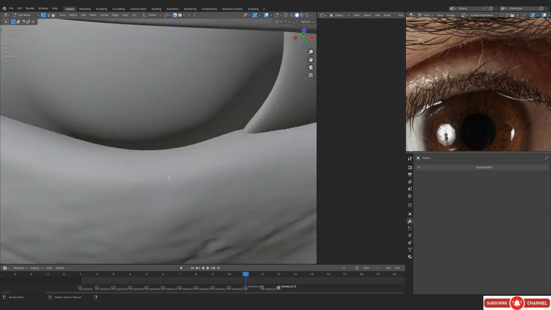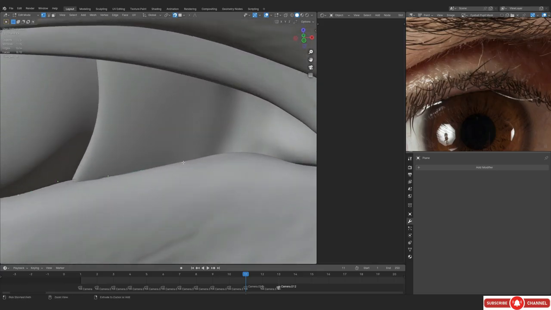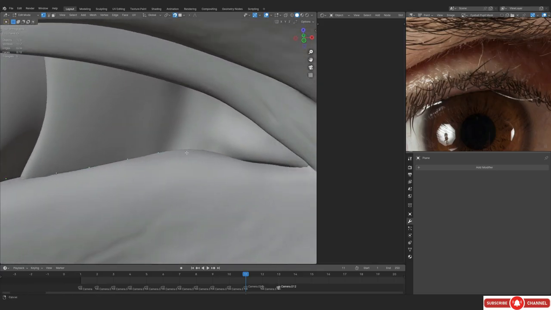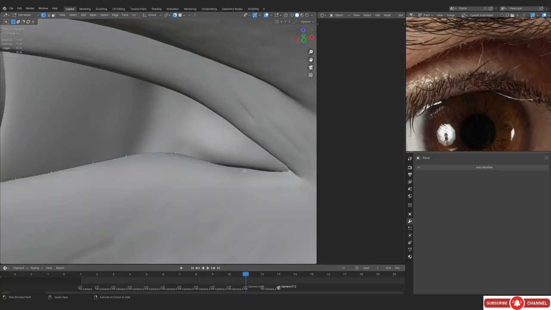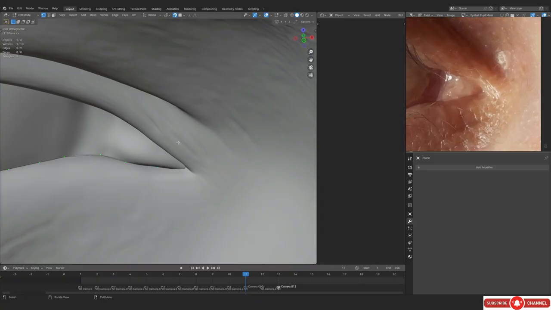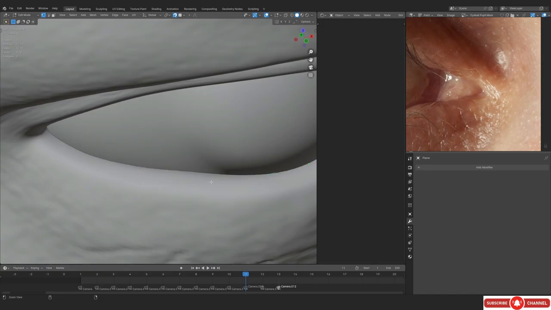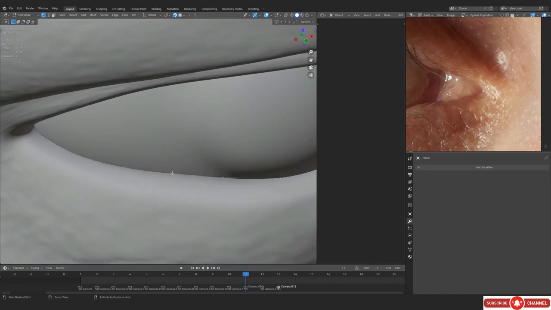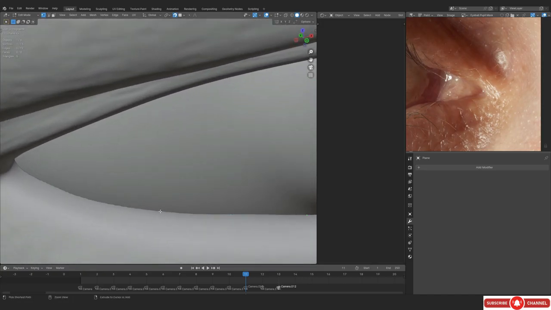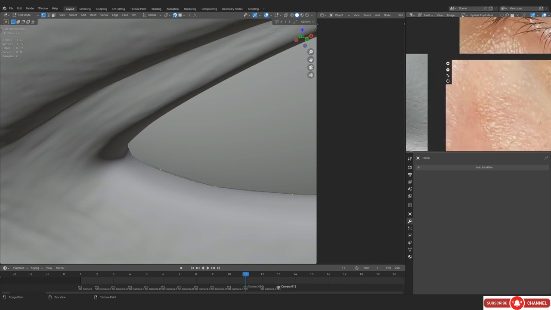You can literally just delete the other vertices, and then just trace it down. So just Ctrl right click, and you should be able to just trace it down at the corner. Again, you don't really need to be super accurate with it. You're gonna see how forgiving it actually is. Alright, so let's actually just trace it down. This is the first step, and it is pretty simple. It is pretty forgiving.